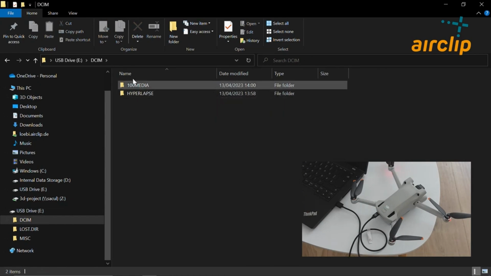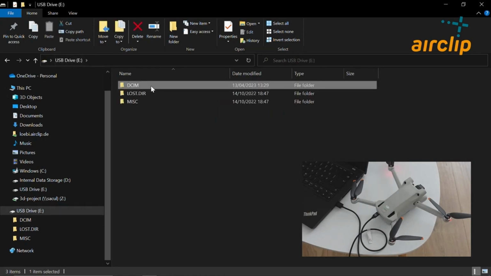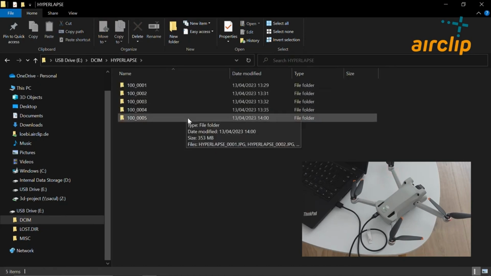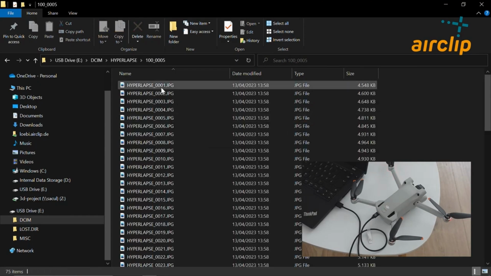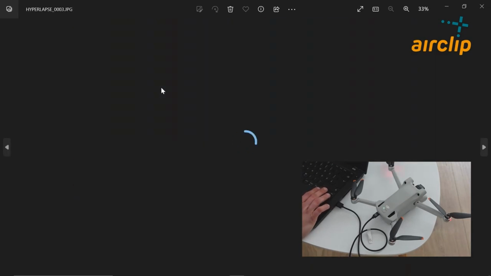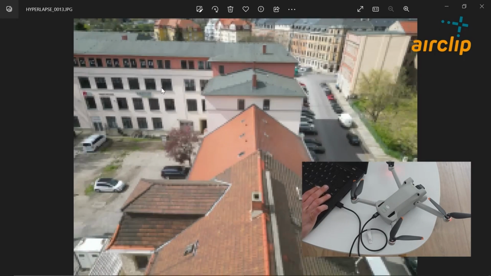Now we are entering the folder DCIM, then the hyperlapse folder, and now you see all your hyperlapse flights and the images. You have around 5 megabytes per image, which is the normal size for the mini drones.